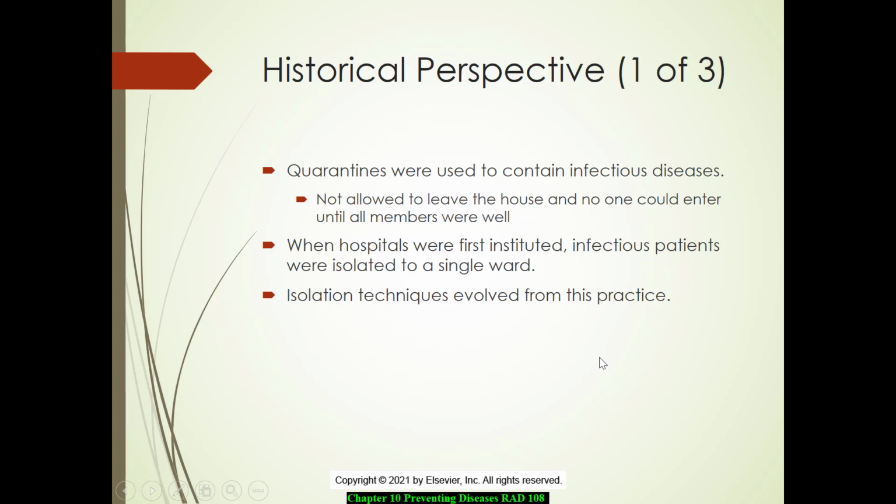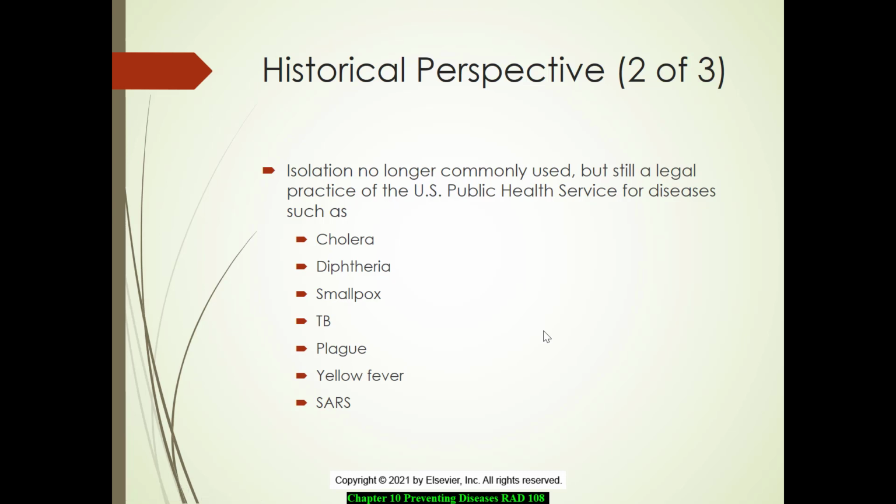Quarantines have ideally been one of the things put in place to keep people in their houses so that they don't transport that disease process to people in their neighborhoods, their churches, those types of things. We got to see that firsthand with the pandemic here in the United States, where we were quarantined and asked to limit how much we traveled and how many individuals traveled out to obtain food and water. When hospitals were first instituted, infectious patients were also isolated to single wards, and that's where the isolation technique evolved from, and how to prevent yourself as a worker in that situation.